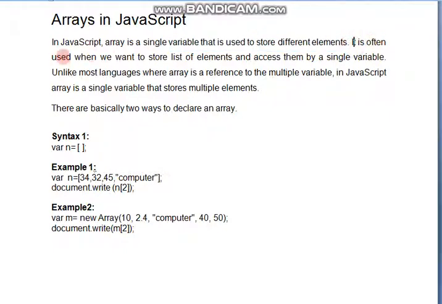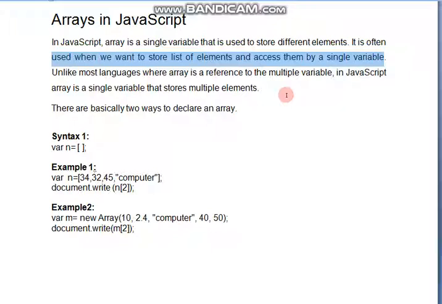It is often used when we want to store a list of elements and access them by a single variable. So array, the main concept in all programming languages is what? A single variable can have multiple values. In JavaScript, what is the additional thing we are getting?